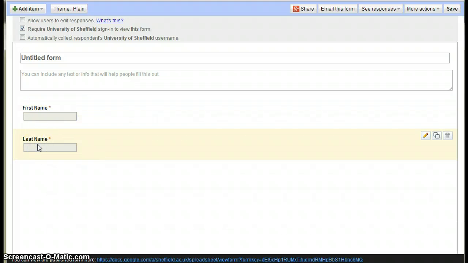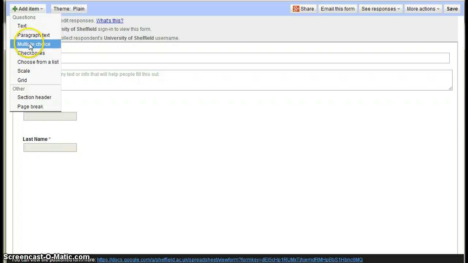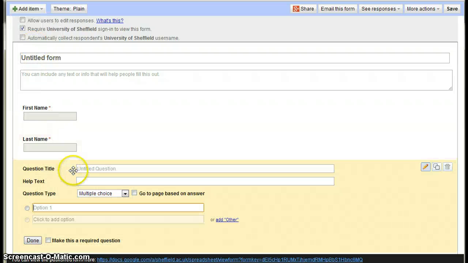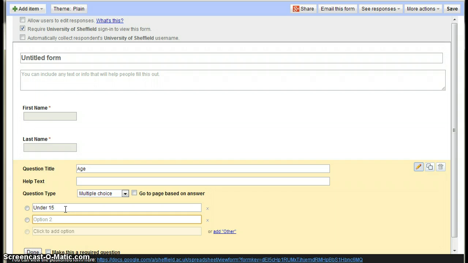To create any further questions, you now need to go up to Add Item in the upper left where there's a green plus sign. Click on that and choose the question type. I'm going to opt for multiple choice with this one and call it age. Go to option 1 field there and I'm going to put something like under 15. Hit enter and you'll get your next option, and we'll call this 15 to 25, enter, and then we'll have